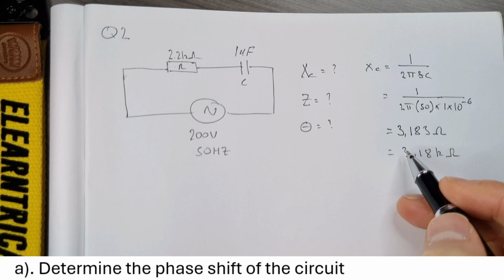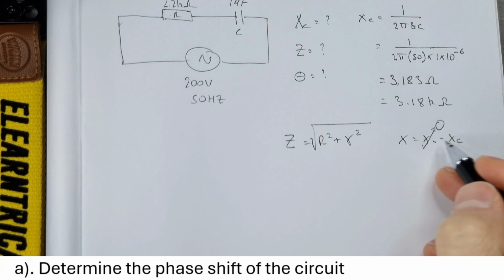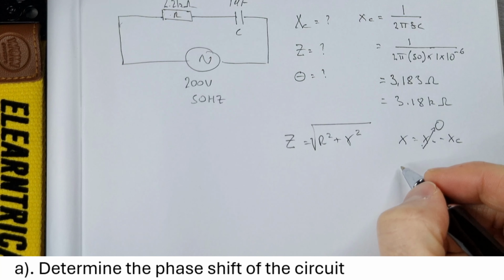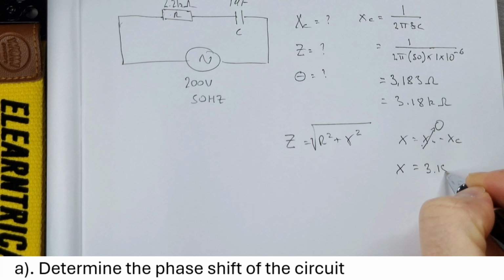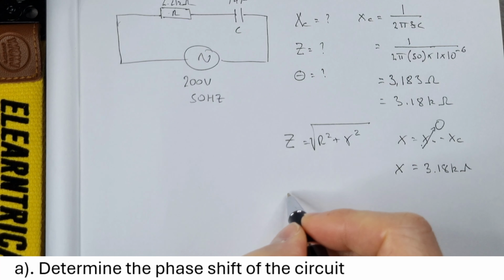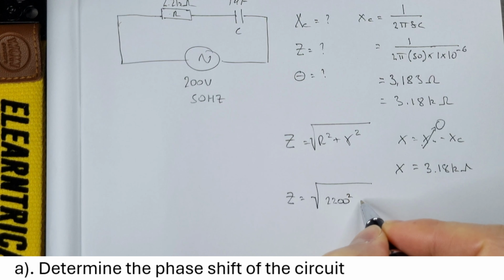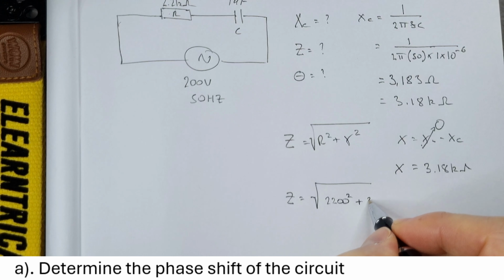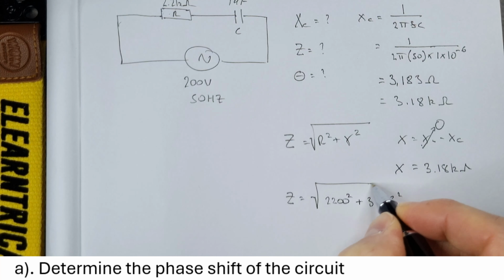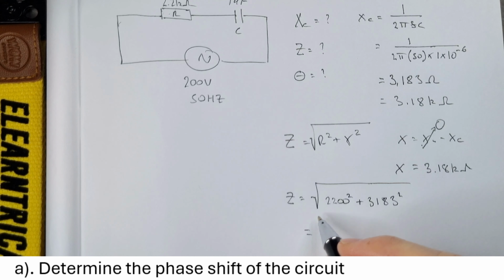Circuit impedance Z is equal to the square root of R squared plus X squared. X is equal to XL minus XC. Because there is no inductor within the circuit anywhere, our XL simply becomes 0, leaving us with X being equal to XC. We ignore the minus for right now, that comes into play at a later date. So X becomes 3.18 kilo ohms, and therefore Z equals the square root of 2,200 squared plus our X of 3,183 squared,